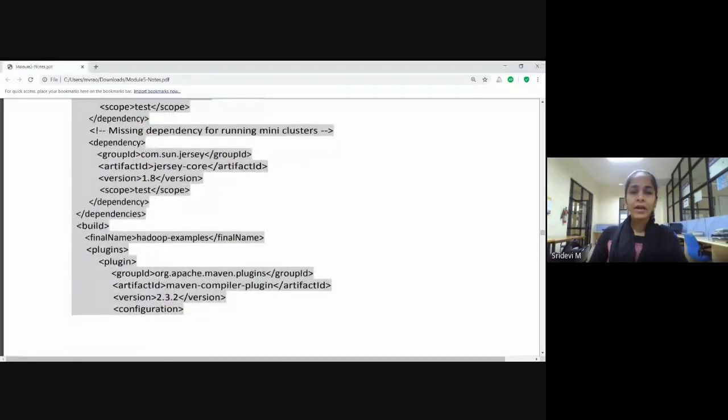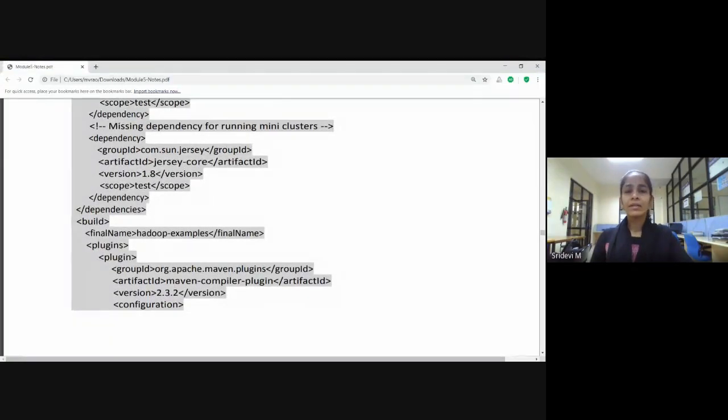Okay. And finally, any Maven plugins. In the last group ID, we have used org.apache Maven plugins. So any basic Maven plugins or dependencies that are required in order to run a MapReduce project can be added in the last part. Okay, once again, I am just telling you, you need not write it as it is in the exam. You can just highlight what artifacts are being used, what properties are being set for a project in order to develop a MapReduce application. Those main properties, if you highlight, it is enough. You need not follow the entire syntax as it is.